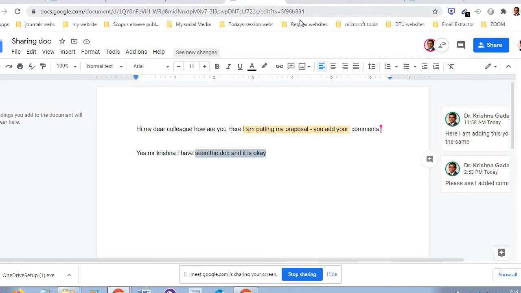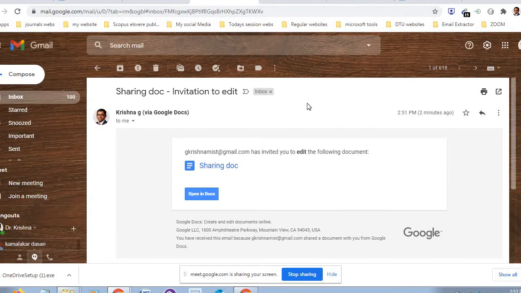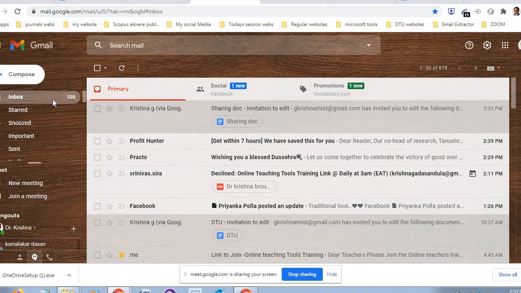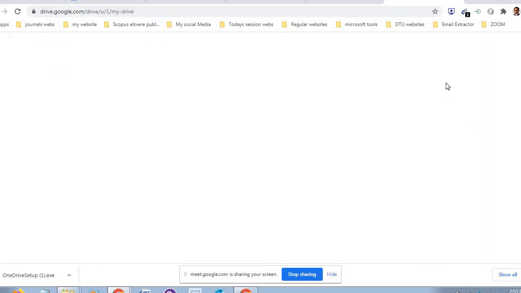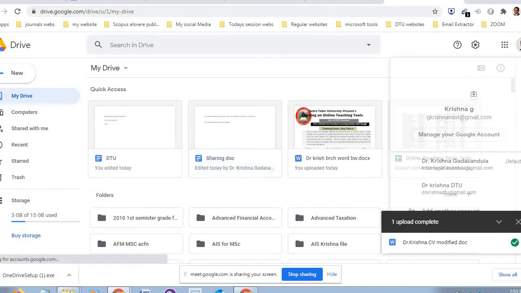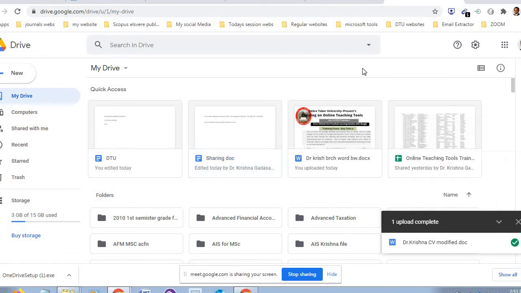Now, let me close this. Let us go to that mail from where I have sent. Let me close this also. Now, I have come here. Where do I see that? The commented, that mail Krishna Gadasundala has commented and sent back. Where do I see? Here there is a file called shared with me.